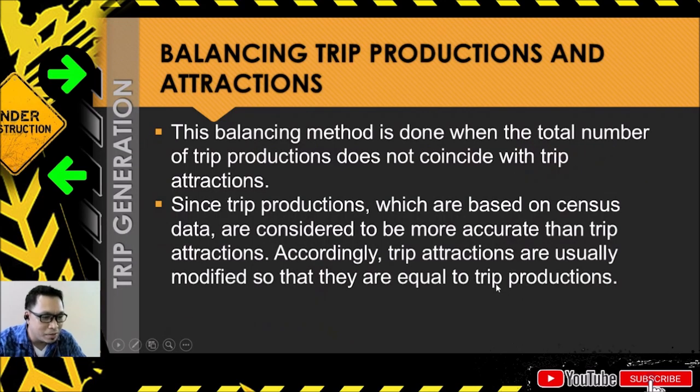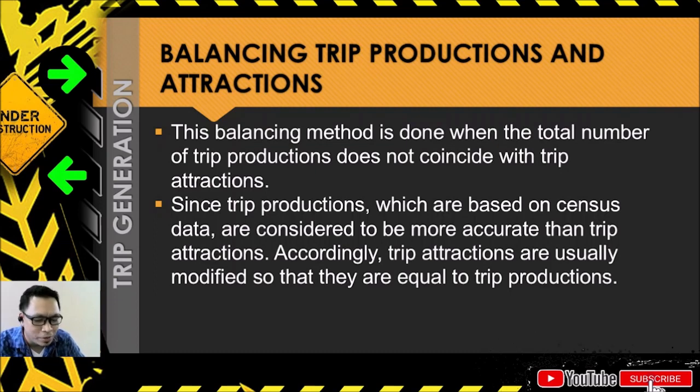Next is balancing the trip productions and attractions. Okay, this balancing method is done when the total number of trip production does not coincide with the trip attraction. So there is a tendency, class, that there are more trip attractions compared to trip production. Since trip productions, which are based on census data, are considered to be more accurate than trip attractions, the trip attractions are